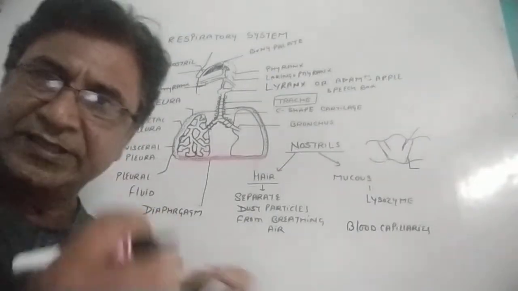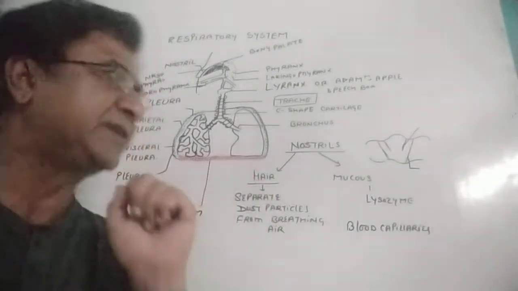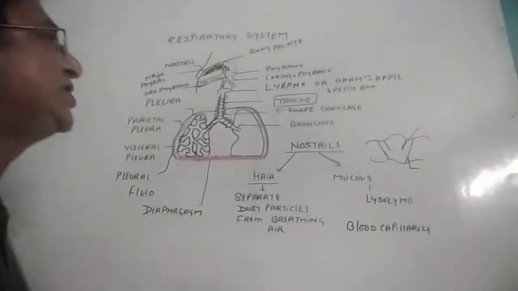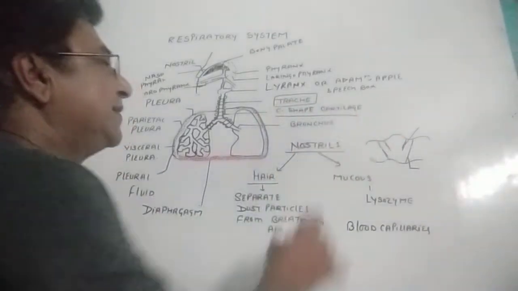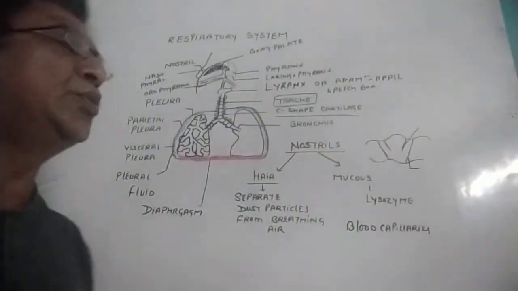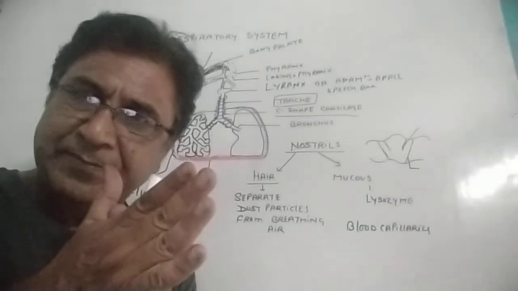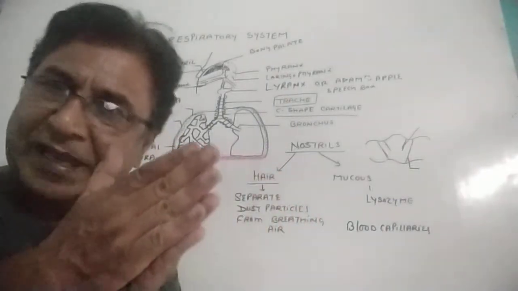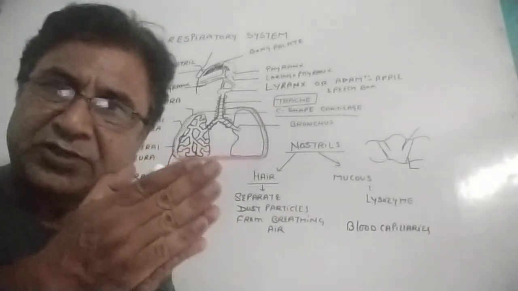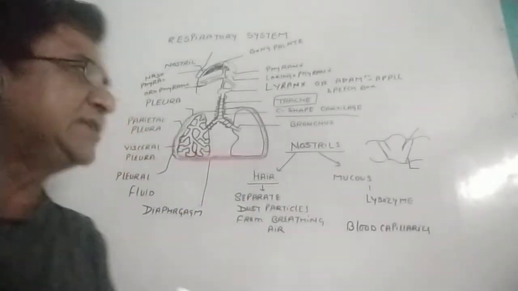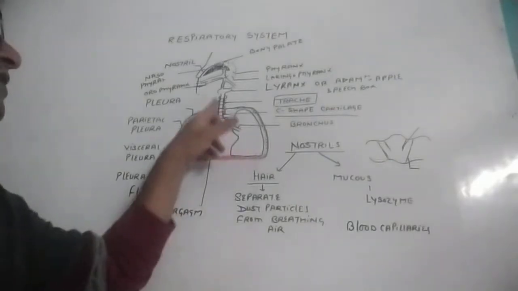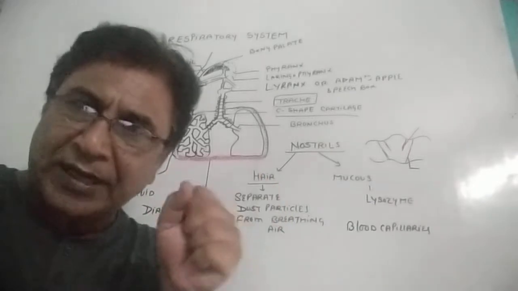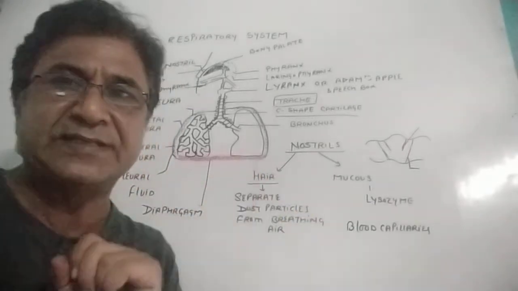It is about 2 to 3 centimeter broad in width also. This trachea is held by C-shaped cartilage. Why are these held? The trachea is just like a pipe. If air is not present in the trachea, it should not collapse, right? That would be the death of a person. So these C-shaped cartilages holding the trachea do not allow it to collapse even though there is no air present in it.